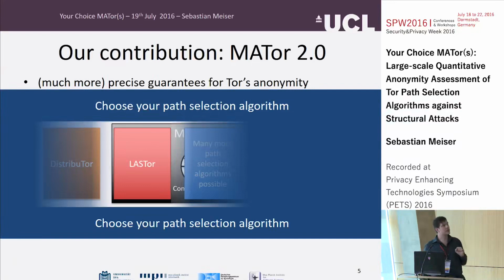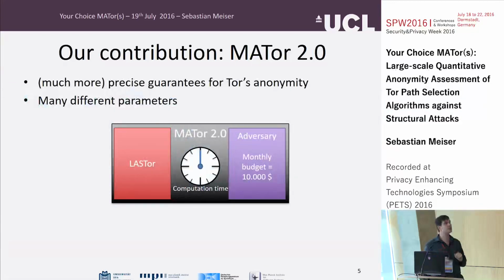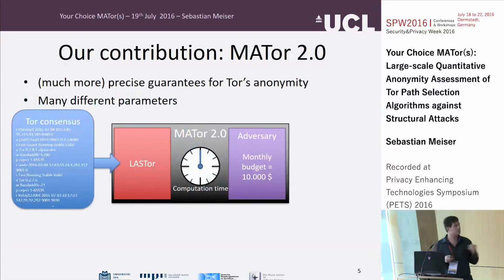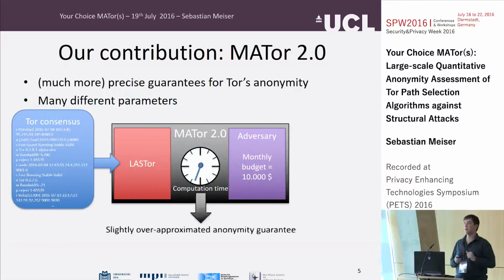And we can just choose these things, then input a consensus, then it runs for slightly longer time and outputs some results and some guarantees. Okay, that's kind of the goal. That's what we're doing. And now I'm going to bore you with some technical details in the hope that you can maybe learn something about how to analyze systems like Tor. Not just Tor, I think that applies to many things.